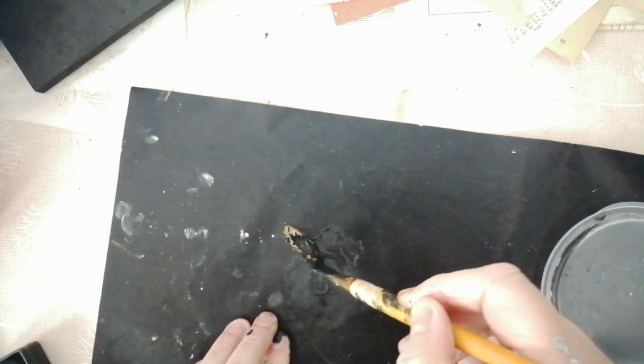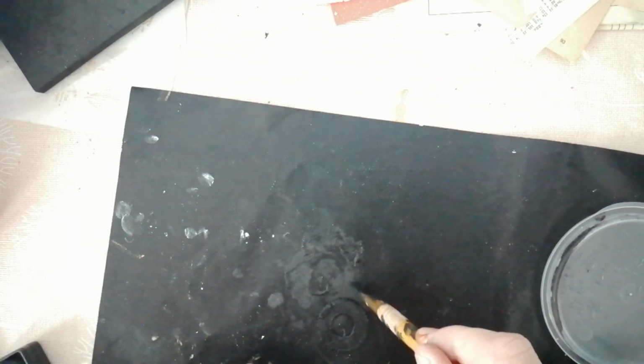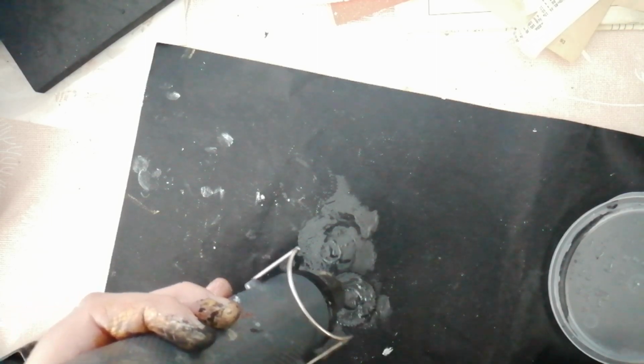But now I am going to go in again with a second coat. It doesn't need to be terribly thick, but it's this second coat where you're going to get a bit of a reaction with the heat tool. So if I go over it again, you can see that the gesso starts to bubble up, and that's what we want, because once it cools down, that's what's going to give us our texture. And if there's areas where you're not getting texture, or you just want more of it, just dab on a little bit more of the gesso and hold the heat gun on until it bubbles,